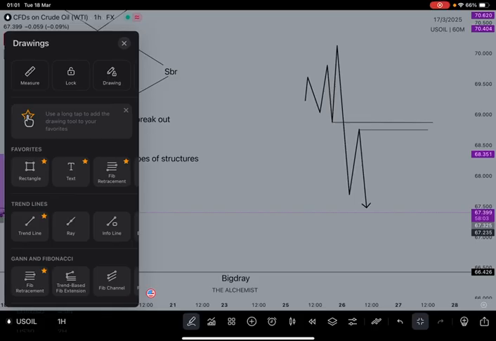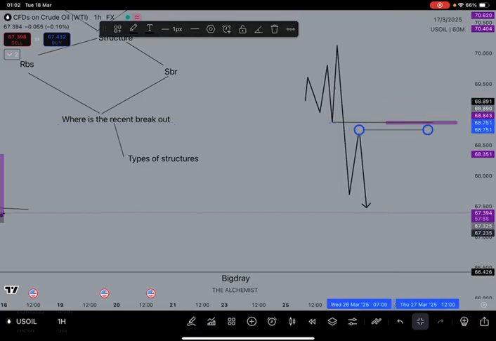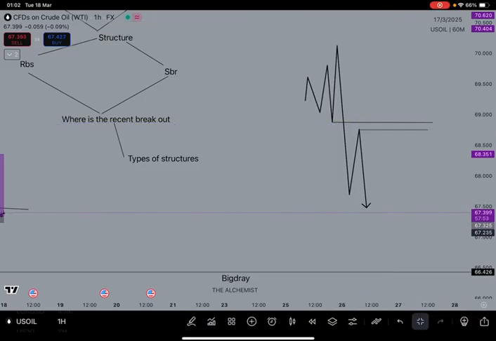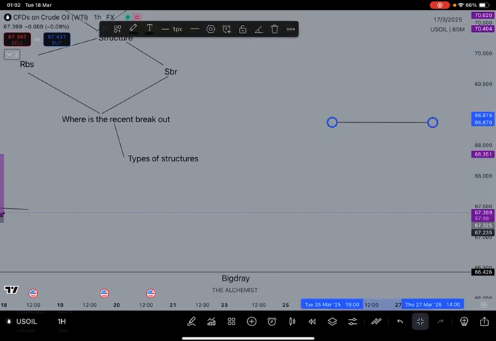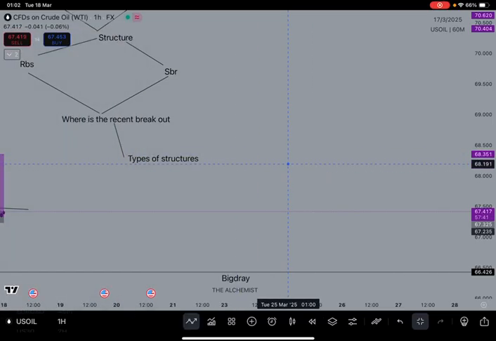And what do you do next? You position your sell at the closing range of the candle. You know what I mean. So vice versa with the RBS, which is resistance became support,